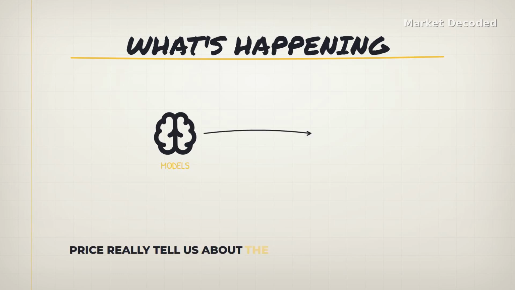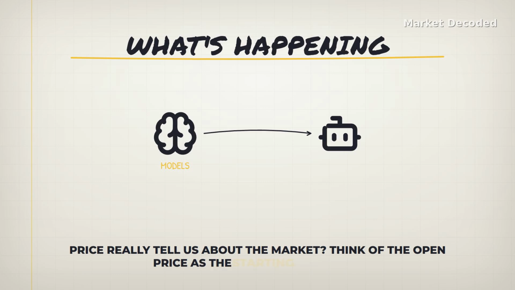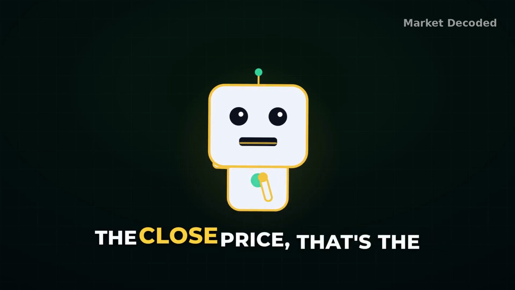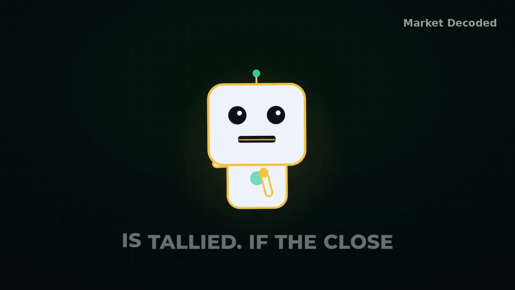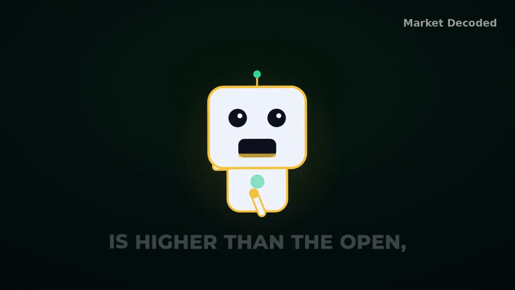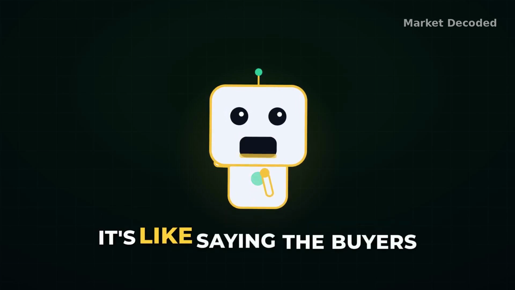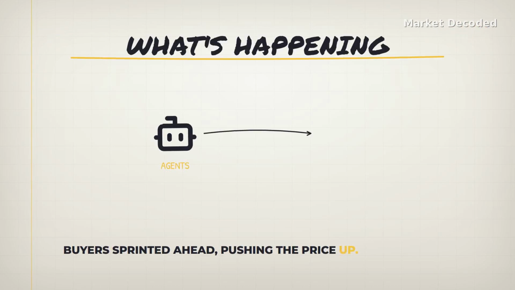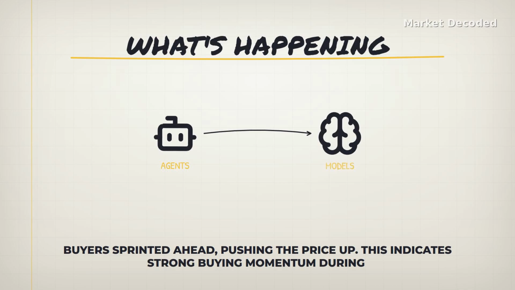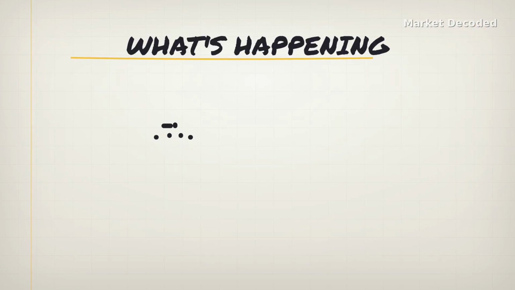Think of the open price as the starting line of a race. When the market opens at a specific price, it sets the stage for all the action that follows. Now the close price, that's the finish line, where the race concludes and the final score is tallied. If the close is higher than the open, it's like saying the buyers sprinted ahead, pushing the price up. This indicates strong buying momentum during that period. Conversely, if the close price is lower than the open, it signals that sellers took control, dragging the price down